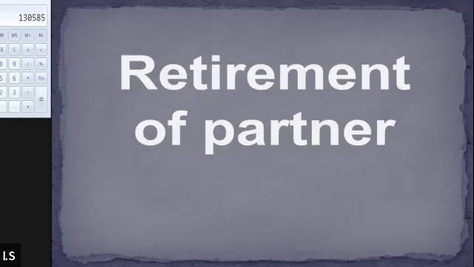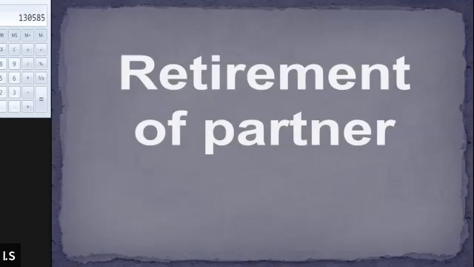The retirement of the partner also, since it is affecting the entire partnership, because one partner is going out of the firm, it will affect the entire partnership firm. So therefore, it is also considered as the reconstitution of the partnership. So retirement comes under the reconstitution. If you are able to recall, we discussed that there are various methods of reconstitution. One factor of reconstitution could be change in the existing profit sharing ratio. It could be admission, retirement, and death could also be the factor of the reconstitution. So retirement of partner is one of the factors that leads to the reconstitution of the firm.